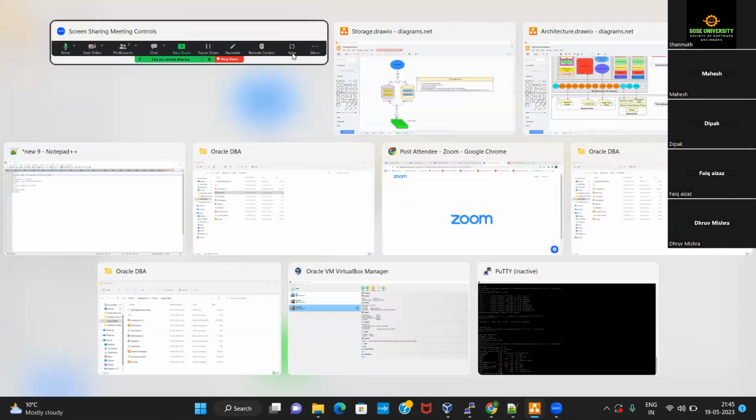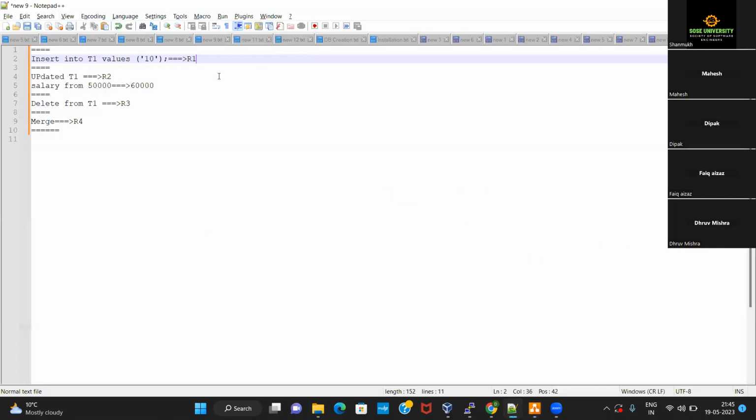Didn't we discuss that a redo entry gets generated whenever a user fires a DML or DDL statement?